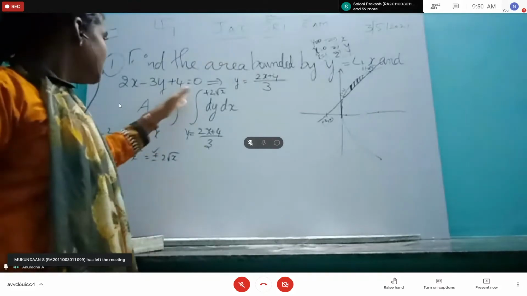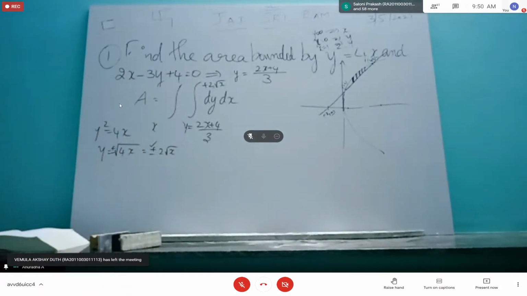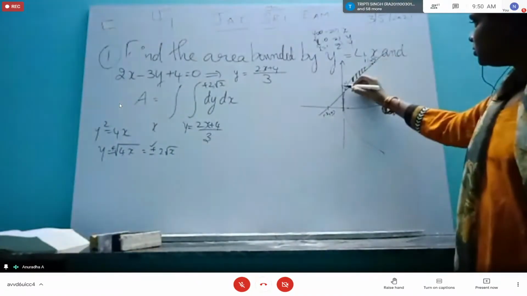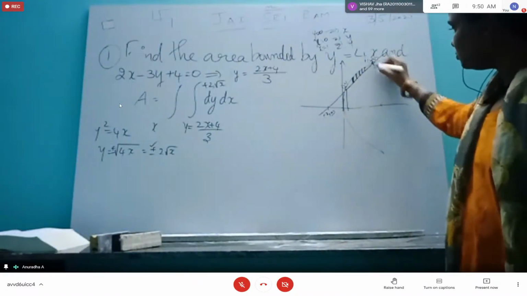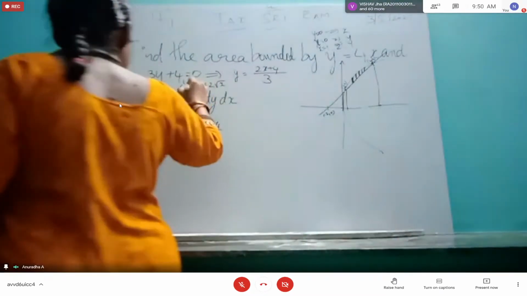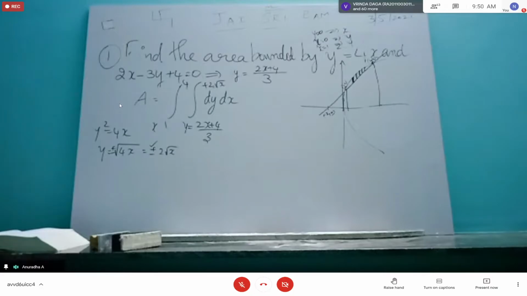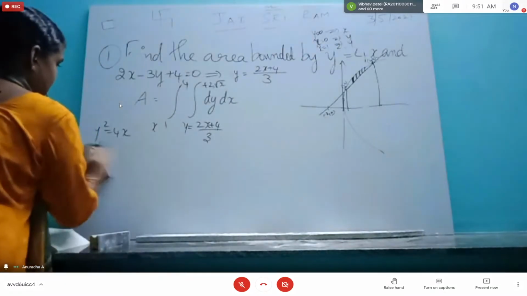Somebody tell me how to find the x limits. Outer limit, how to find? The entire region's min and max value on the x-axis. So the value is given in the diagram. 1 to 4. In that, the x value is 1 and 4. So 1 to 4. That's all. So after this, the work is only to find the integration. I'll remove the extra things.